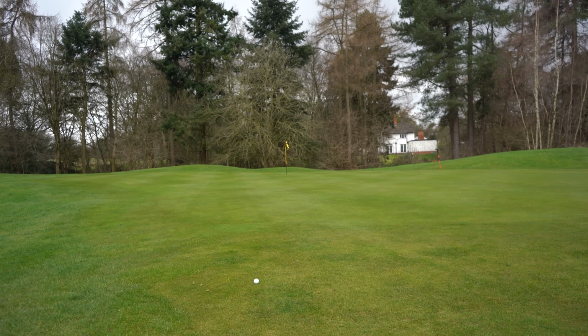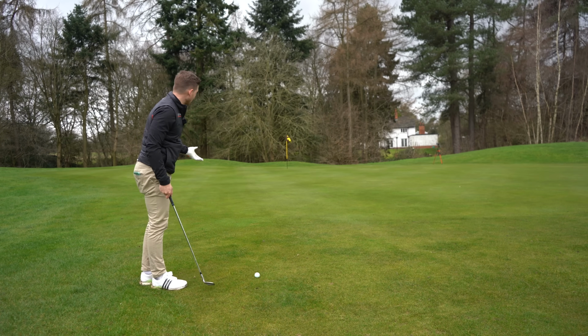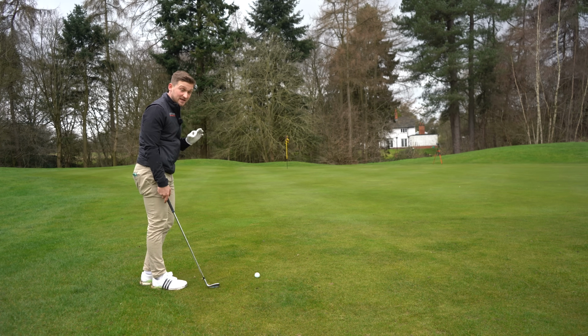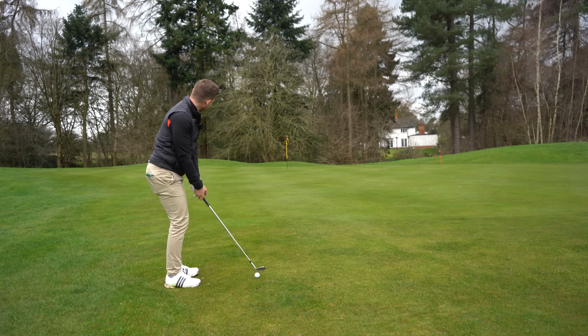This is what we're facing all the way back there. I'm going to try and learn from how those bunker shots and those chip shots out of the rough performed and try and fly it all the way there. I wouldn't usually play it like this, but since I've only got a 56,